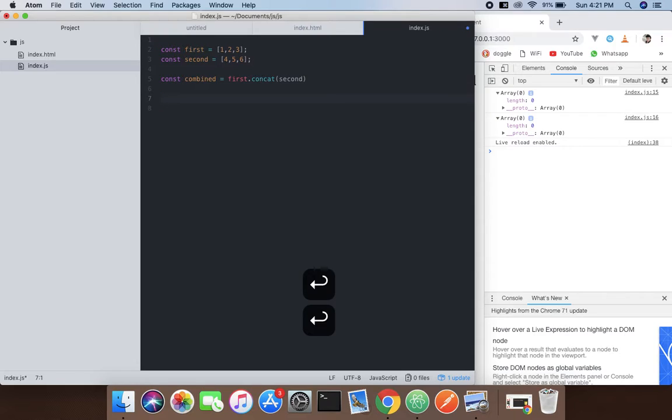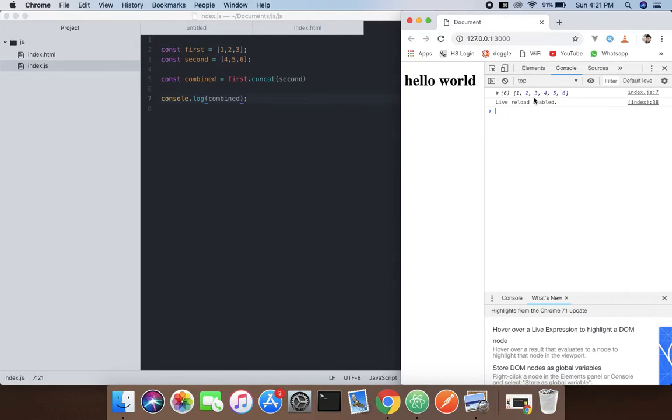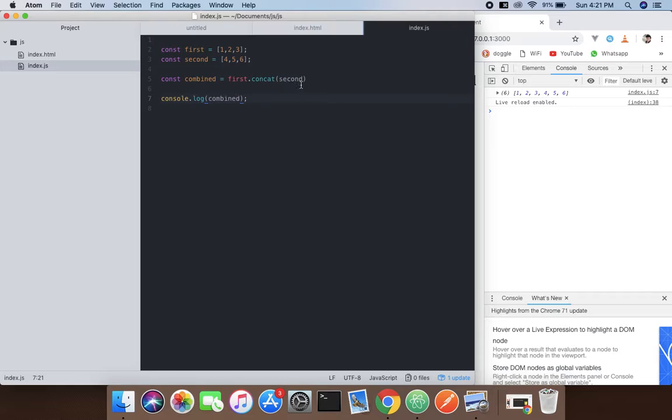So when we log on the console combined, it will show how we add both of them. So concat is used for combining them. And now we're gonna show slice. So const